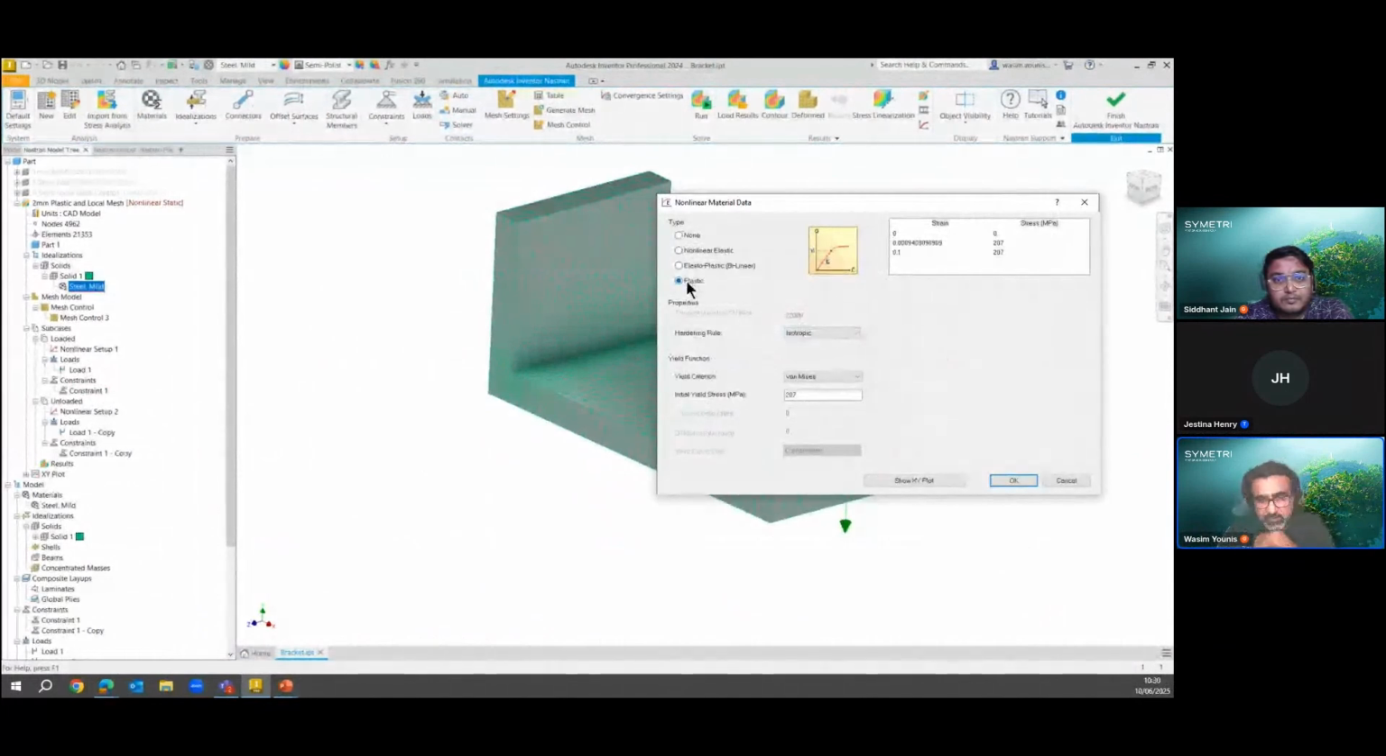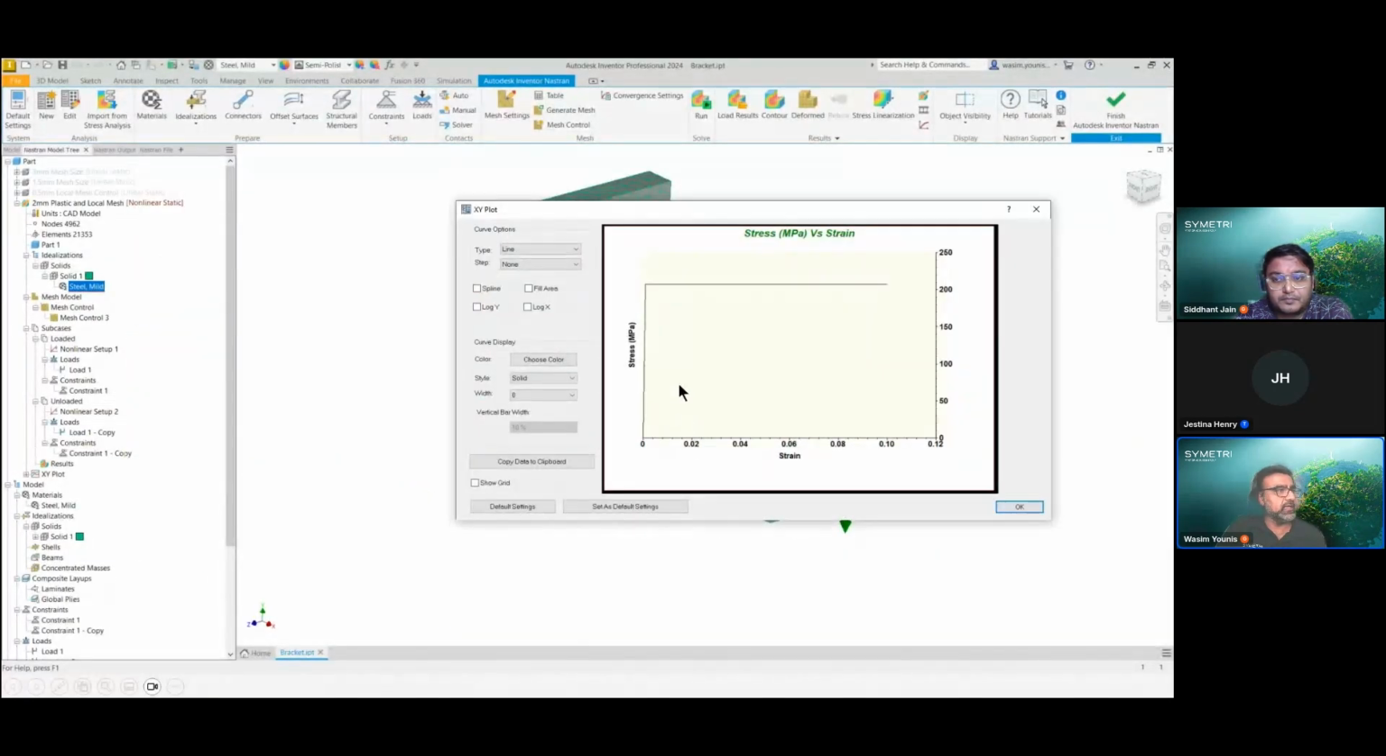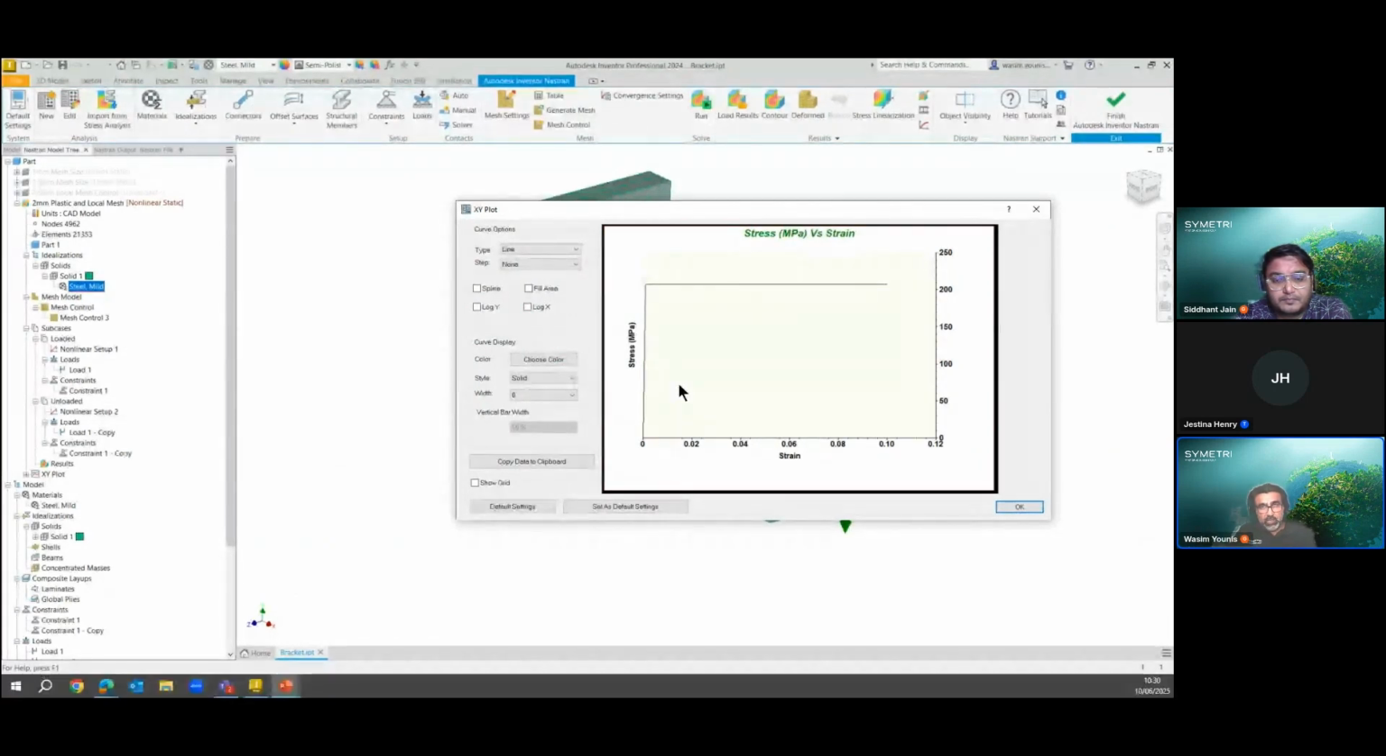You click plastic, then you have the 2 rows: 0, that is very low strain, and 207. The only thing you have to add is 0.1, that's 10% strain, and then put 207. That's the only thing you need to specify. The stress value stays the same. The strain value, put it as 0.1, 0.05. So when the stress goes beyond 207, and this will get confusing when you do nonlinear,